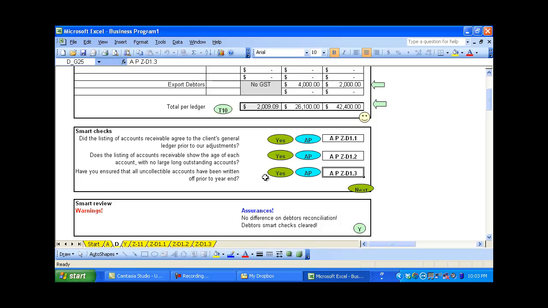You'll notice when we have covered all the smart checks that both warnings have been eliminated, and we have assurance that there's no difference in debtors reconciliation, and debtor smart checks have